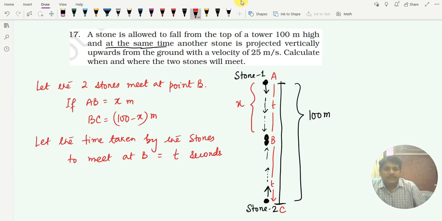तो हम क्या करेंगे, ये दोनों पार्ट्स को अलग अलग सॉल्व करेंगे. AB को हम अलग से सॉल्व करेंगे, BC को अलग से सॉल्व करेंगे, दोनों में टाइम कैलकुलेट कर लेंगे, और क्योंकि टाइम सेम है दोनों को इक्वल कर देंगे, तो कुछ ना कुछ तो निकल ही जाएगा. Let us do for AB. Let us take the part AB.